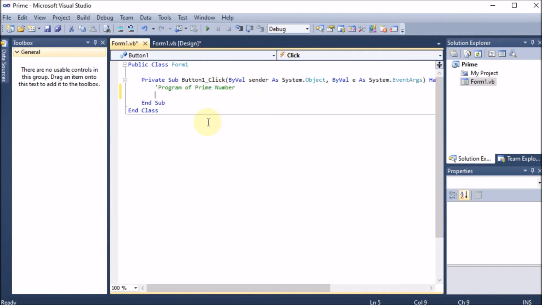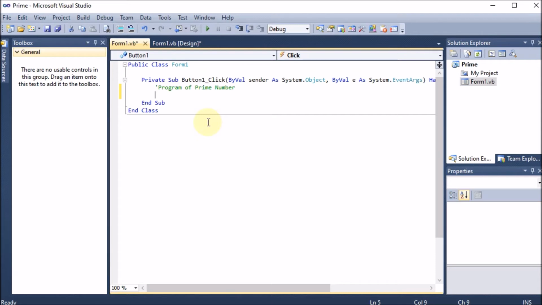So now we know that what is the prime number. Any number which is divisible by itself is called the prime number. And we know that every number is divisible by 1 also. So that means any number who is divisible by itself and the 1 is called the prime number. Let's say if I take the 7. Now 7 is divisible by 7 and 7 is divisible by 1. But it is not divisible by in between number. Let's say 2, 3, 4, 5 and 6. So here is the logic.